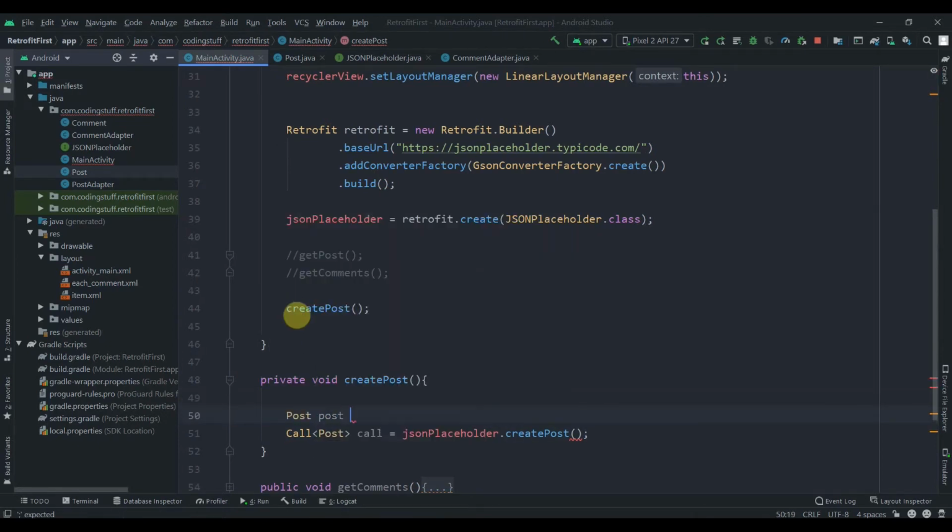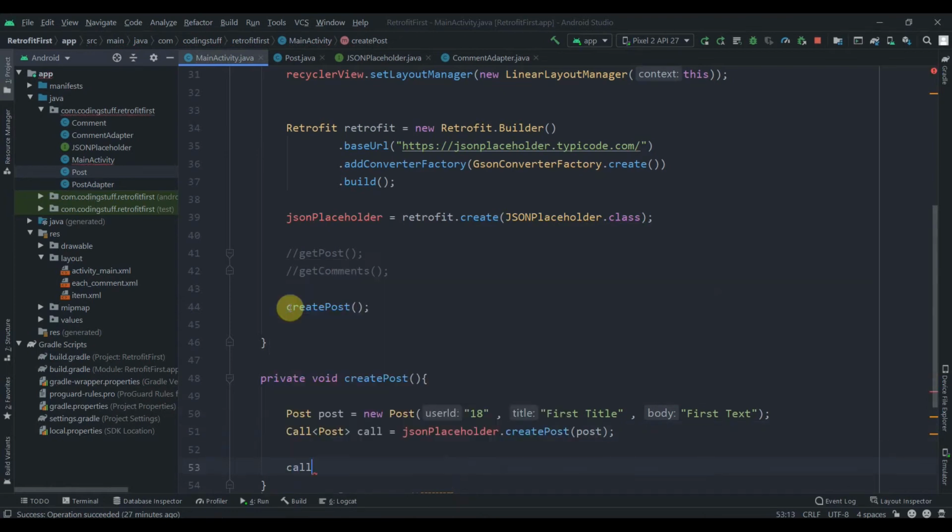So post equals new post, and here we need to pass some random data. First is the user ID, so let's pass 18, and then the title. I'll write first title and then text as first text. Then we need to pass that post over here.